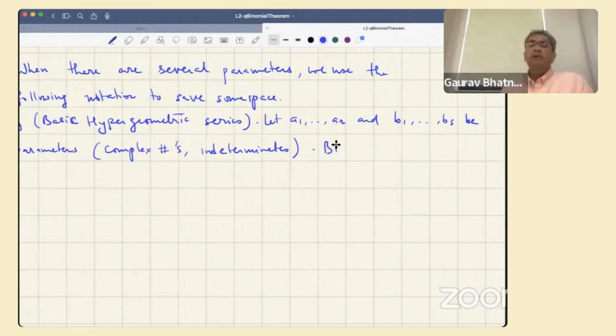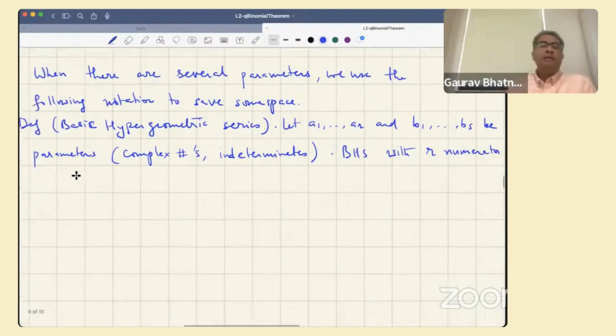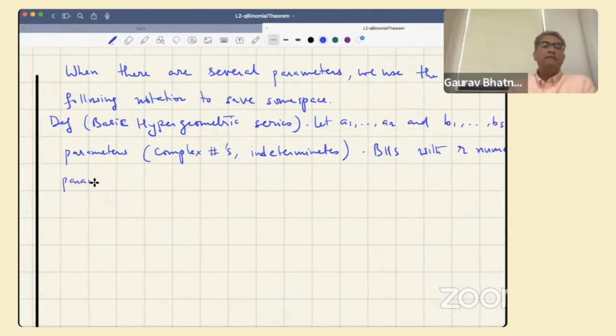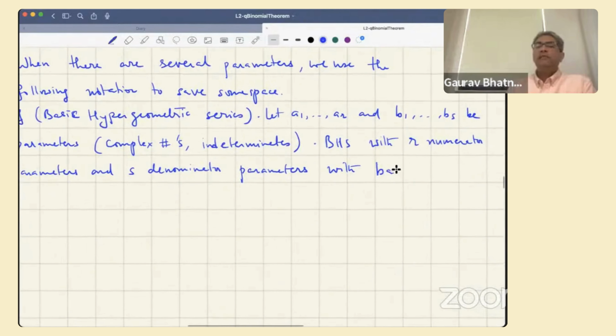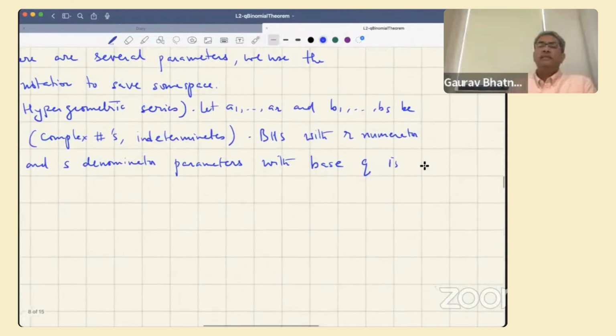The basic hypergeometric series with r numerator parameters and s denominator parameters, with base, so the basic comes from base, q, is defined as,